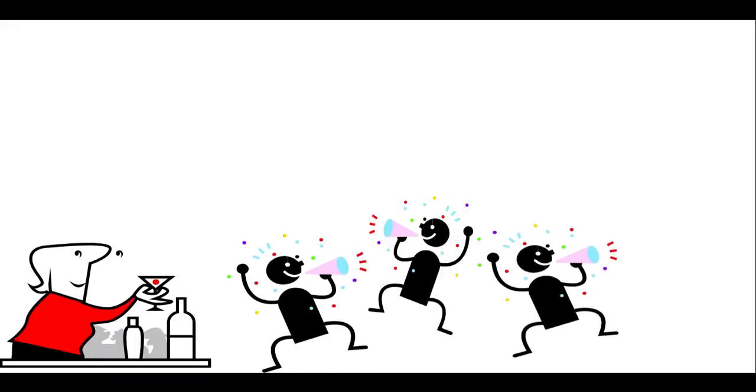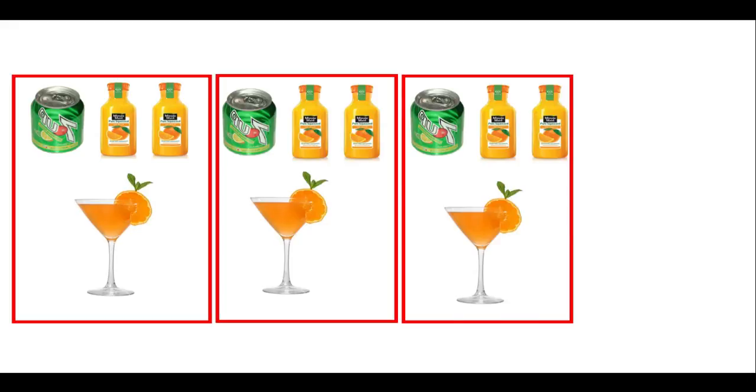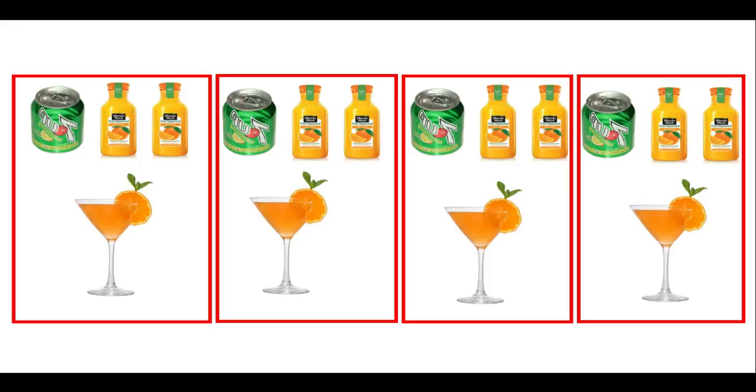Another way to think about this is to pretend you're a bartender who has to make the same drink for 4 people. For each drink, you use 1 shot of soda and 2 shots of orange juice. Repeat again, and one last time. We have poured 1 shot of soda 4 times. Thus, we have used 4 shots of soda. We have also poured 2 shots of orange juice 4 times. Thus, we have used 8 shots of orange juice. So the ratio is again 4 to 8.